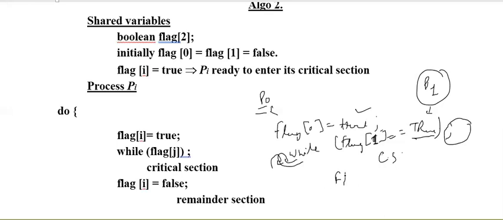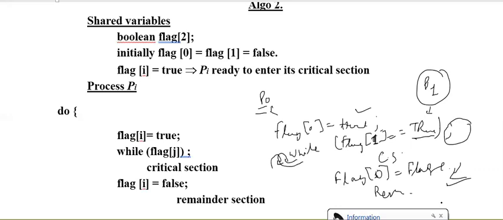And once I complete my processing, what I am going to do? I am going to make my flag false, so that if the other process is running, it will get the value flag false, that okay, now this person has completed its task, and since it is not interested, now the next process can easily enter. So that is the simplest solution, focusing on the interest of the process. So can you identify any problem in this solution?